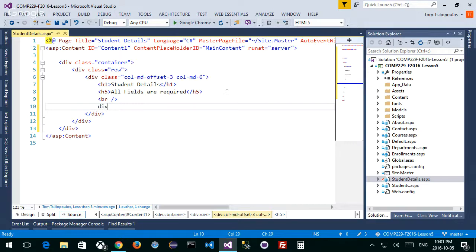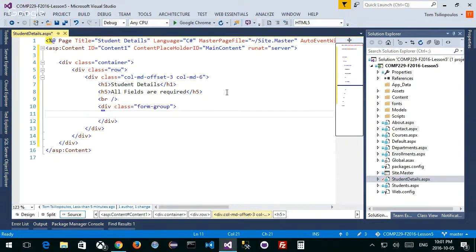So I want to say a div with a class of form group, right? I'm going to copy this a couple times. Here's my div of the class of form group. And the first one is going to be a label. Here's my label. So this is an HTML label with a class of control label. That's what it's going to be if I can type that properly, yeah. My class of control label.